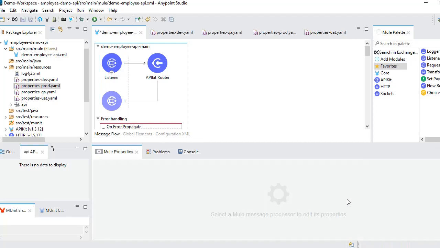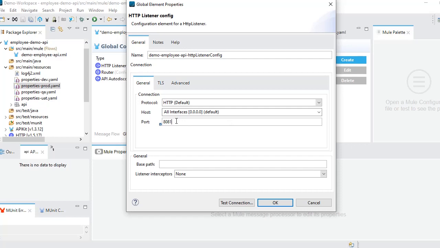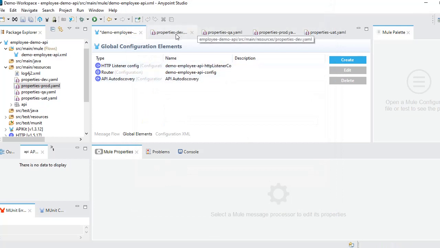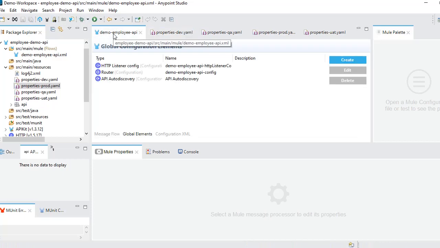This is one property, and the other property we send through the properties file is the port. Here the port is hard coded, so we need to remove it. The best practice in MuleSoft is that we should not give any hard coded values. So what is the syntax? Dollar, open and close curly braces, and in the middle we send the key, http.port. Likewise. Click on save. So see here, http dot subname port. Let's save it.